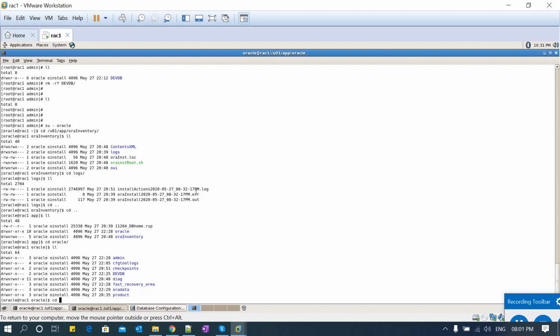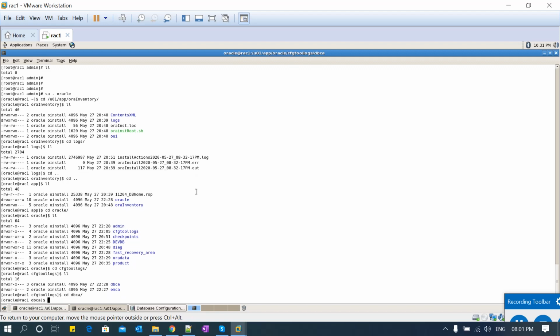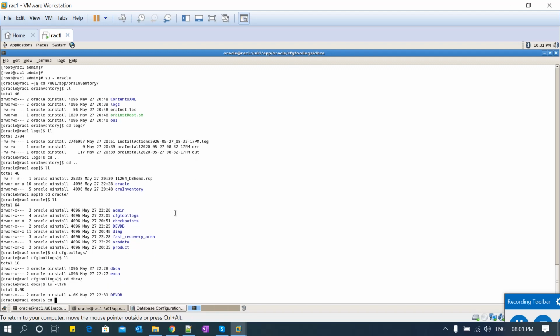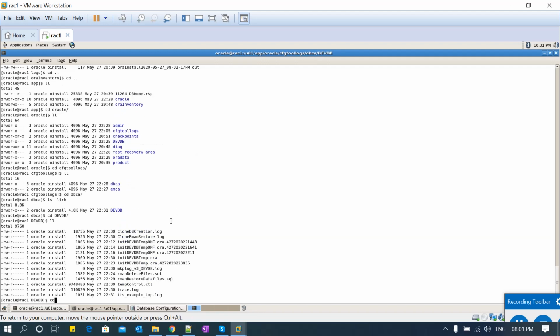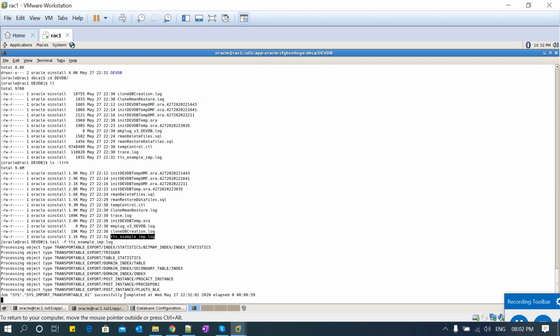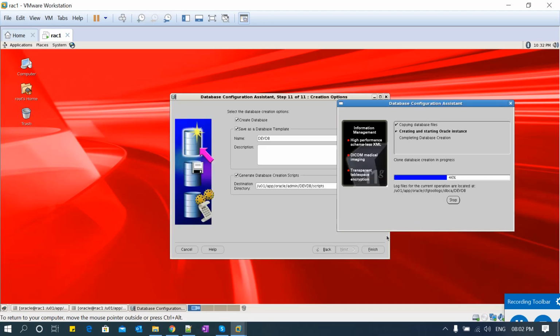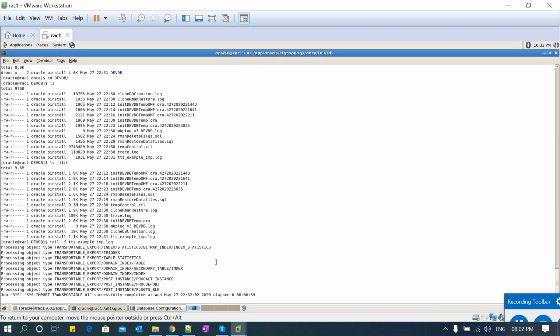Admin, cfgtoollogs, and dbca, DevDB. Okay, so currently it is creating those sample schemas. Just always keep monitoring this one.